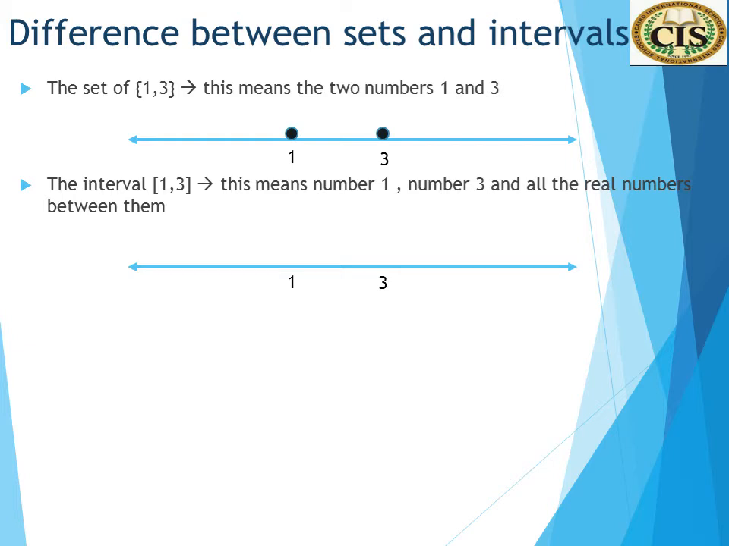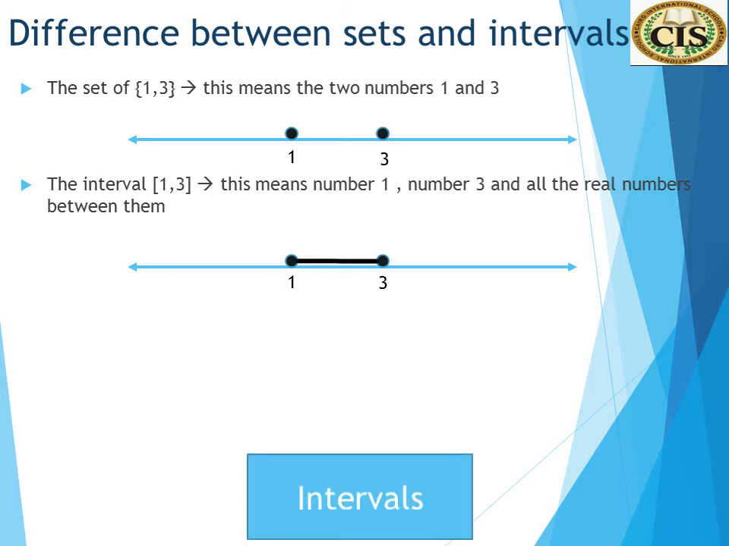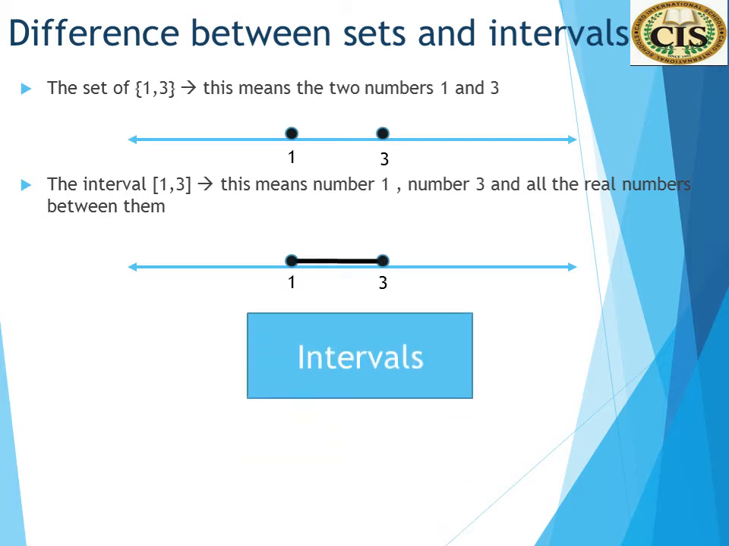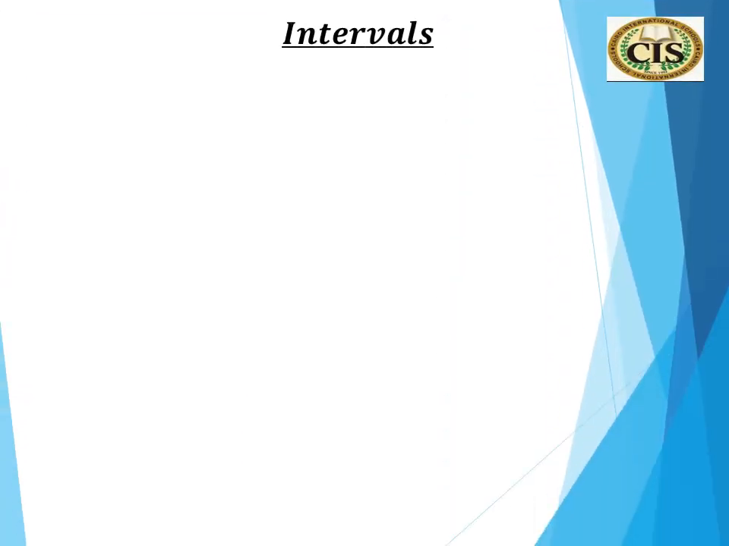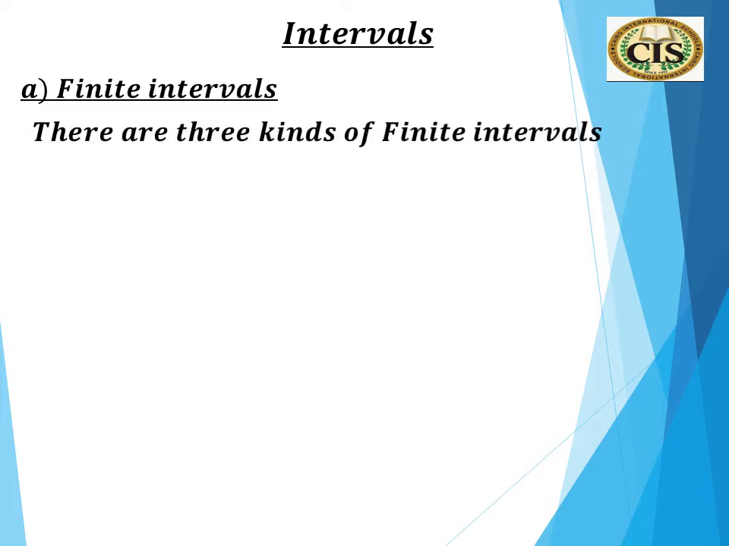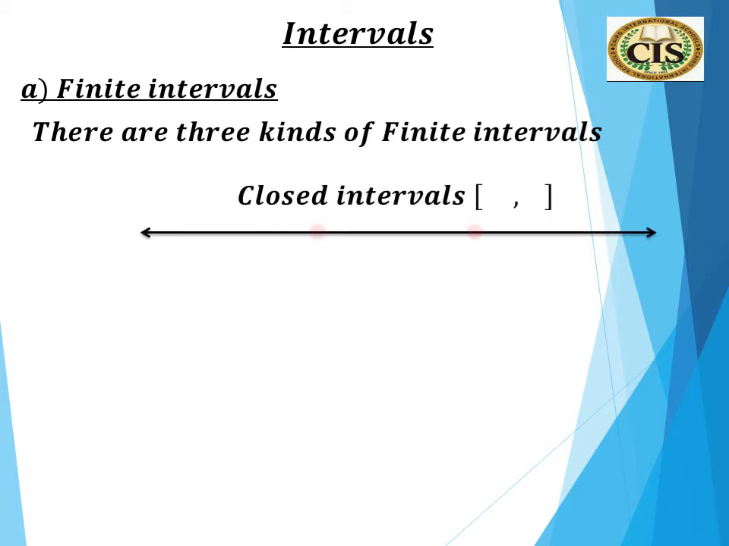If we represent it on a number line, we put a circle at 1 and at 3 and all numbers between 1 and 3. We have two types of intervals, finite and infinite. Finite intervals: there are three kinds of intervals, closed,